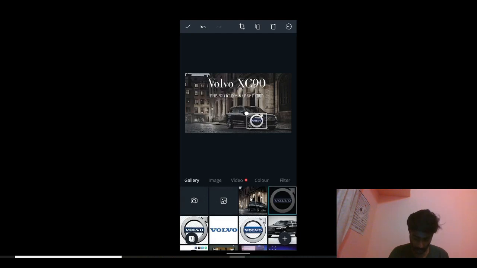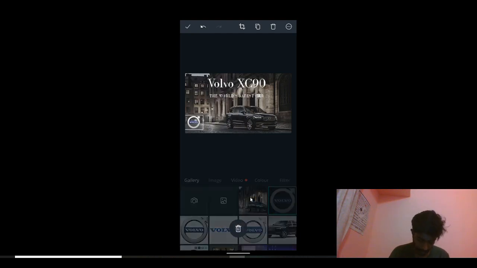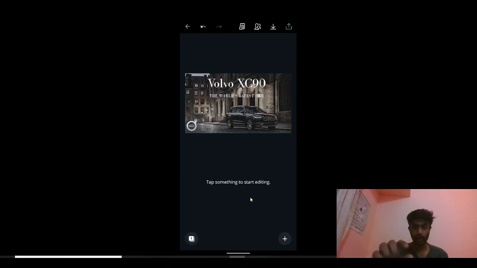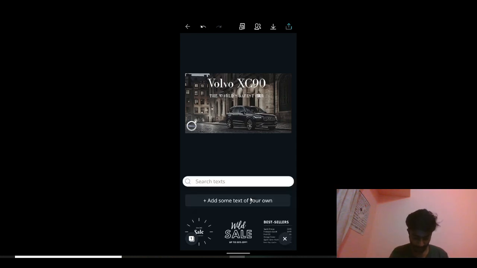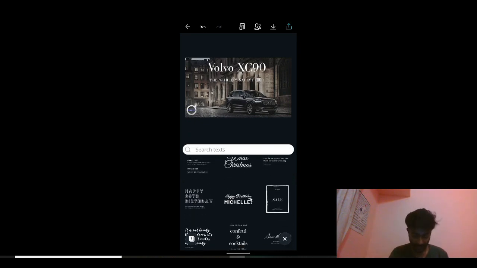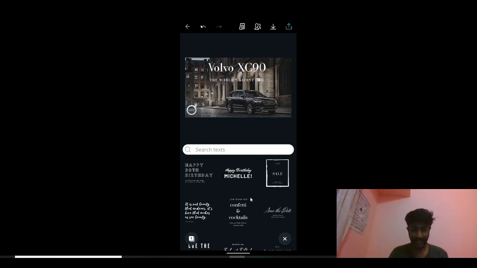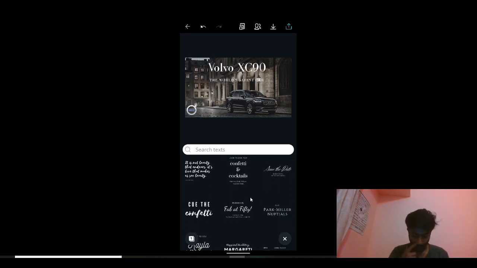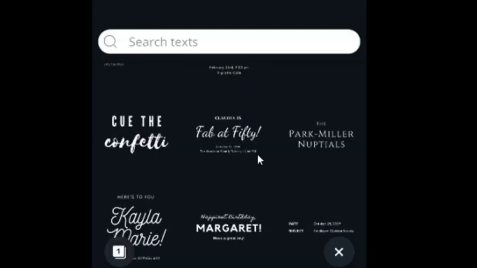And now I am going to use the logo somewhere at the corner. For example, I'm going to use it here, and you can see that the logo of the brand has been put up here, and also the name of the company and the model number, that is Volvo XC90, is also shown here. And also a title or a tagline that we have given to the car is the world's safest car. And if you wish to add some more text here, you can see some of the readymade, partially made text with some creative fonts is displayed here, and that can help you in making your work easier.